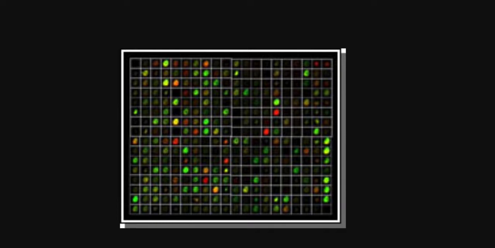If the red to green signal is around 1, the gene is not expressed differentially, right? If it is greater than 1, it means it is highly expressed in the sample where the cDNA was labeled in red color. If it is less than 1, then it is highly expressed in the sample where it was labeled with green dye. So, red by green ratio. Generally we take the red by green ratio on a log 2 scale so that a positive value means higher expression in the sample where it is red, and a negative value means down regulation in the same sample. So I'll show you how we actually do that.